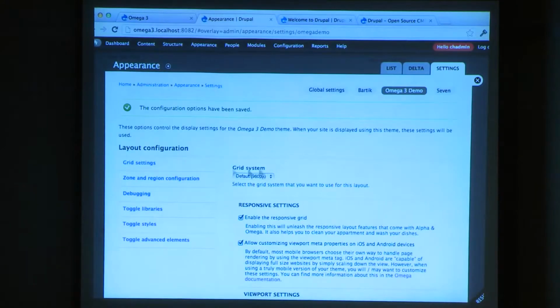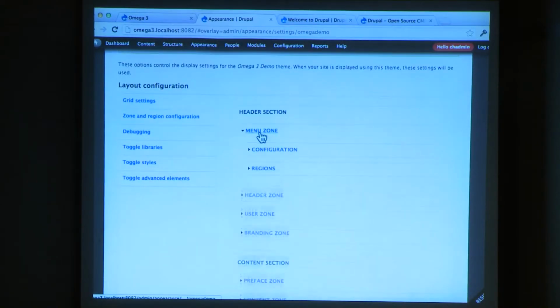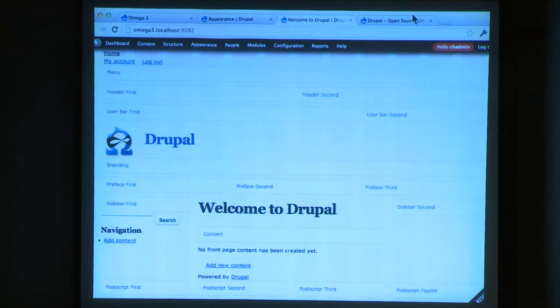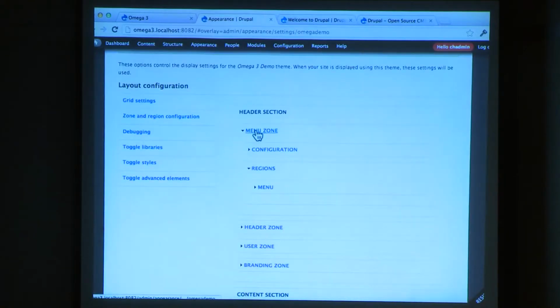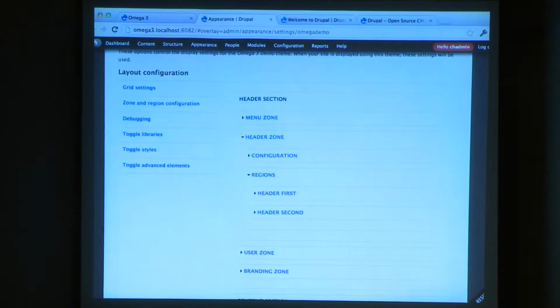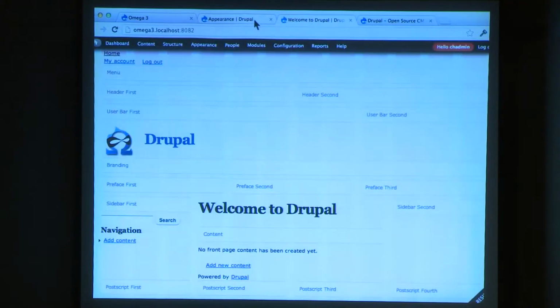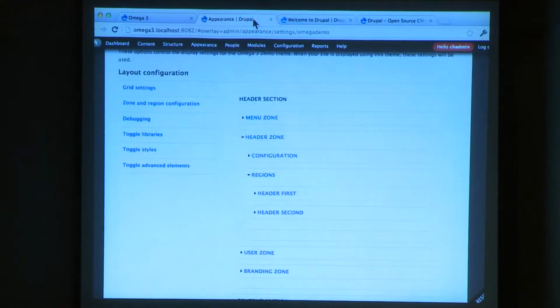well actually we need to look at the regions now. So we have our menu zone, and what region is it? Okay, there's a menu region in there. That's perfect because that's exactly what we needed. Let's look at the next one. Header zone, regions. Header first, header second. That's actually exactly what we needed. See, here's a header first, header second. Perfect. See, it has these kind of like defaults out of the box that seem to work a lot of